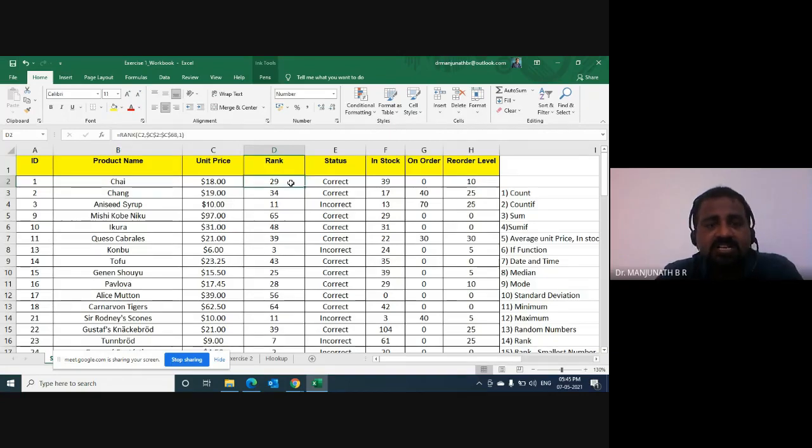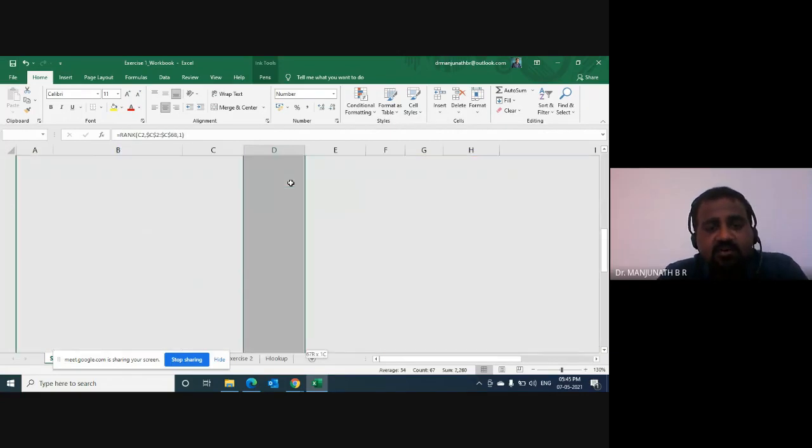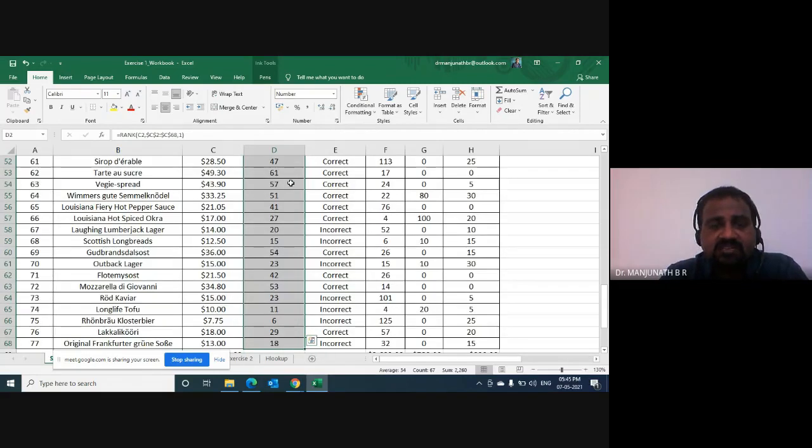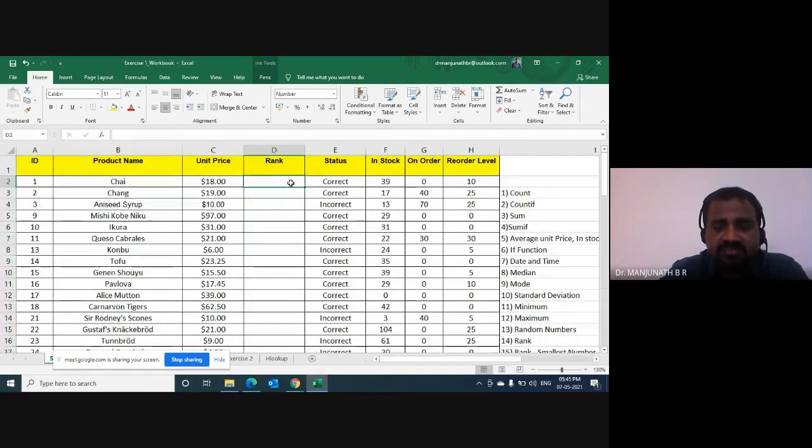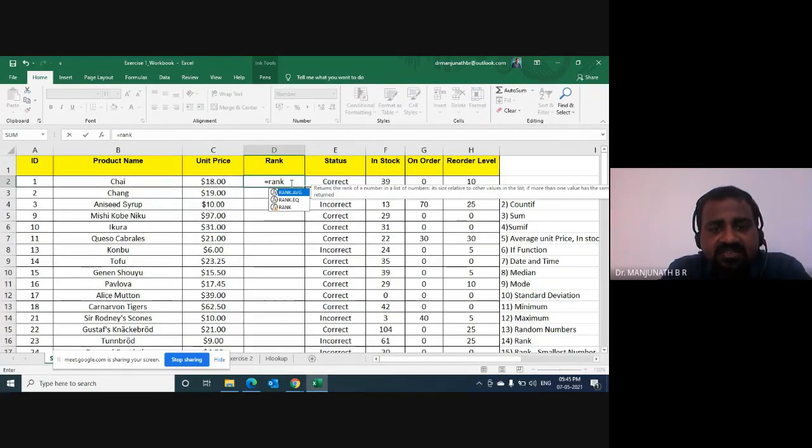Now what I'll do, I'll just delete the output whatever I got here under column D. I want you also to do that. After deleting the output, let us write equal to rank, and you can see in Excel it is suggesting RANK.AVG.